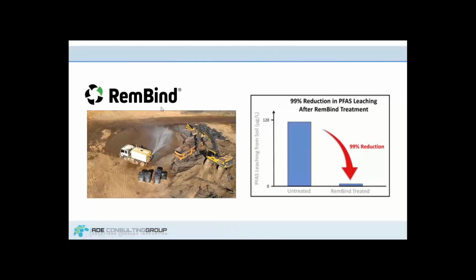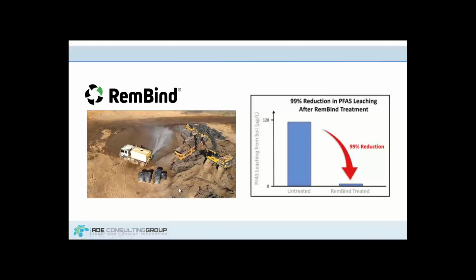So I've just dropped in a picture of what an operation for soil amendment looks like. This is provided courtesy of Rembind. In short, this is just trommel mixing of the sorbent into the soil. There's a number of bench trials and validation processes that go into making this a possibility, but the process is really similar for any other solid that's put in there to manage the PFAS.